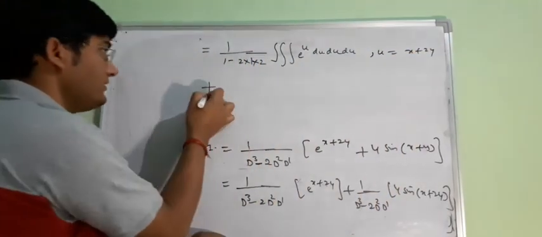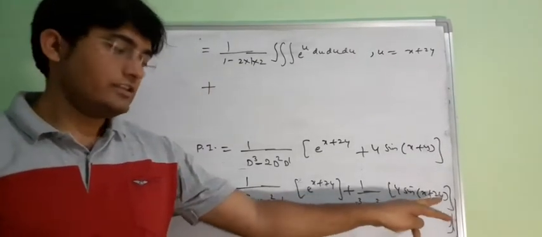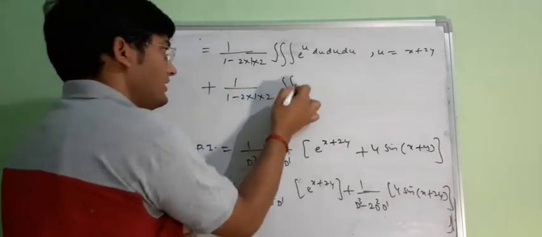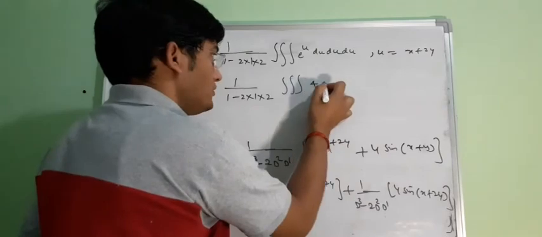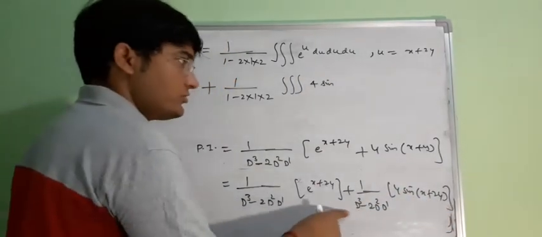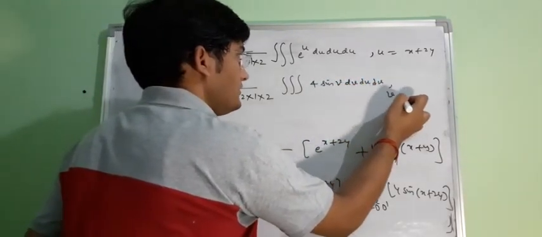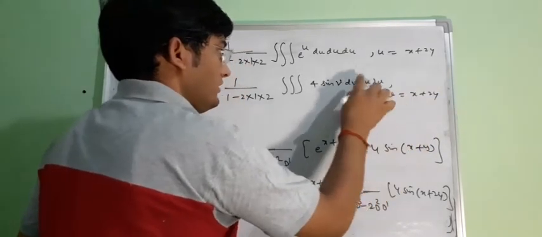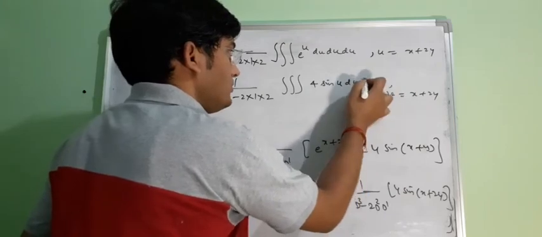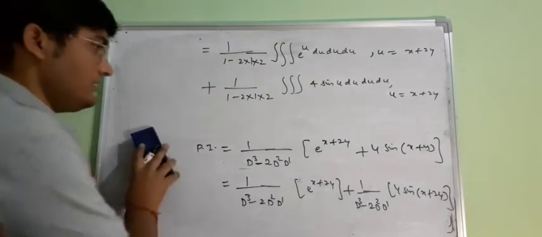And for the second part, again we will replace D by a, that means 1, and D dash by 2. So we will get 1 minus 2 into 1 into 2, and in the bracket we will have to integrate 4 sin (x plus 2y) 3 times because the degree was 3. So let us say this is your v, where our v is x plus 2y. Because u and v are common, we can say this is equal to u, where our u was x plus 2y. Hence our answer is,